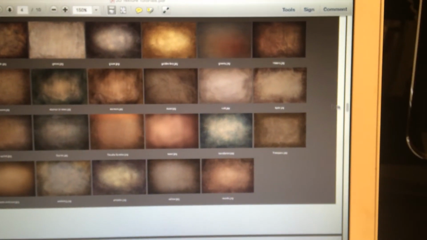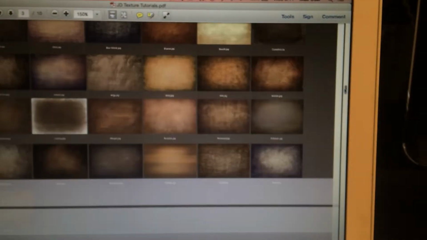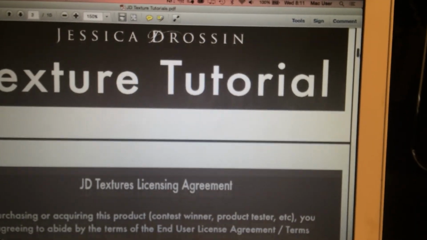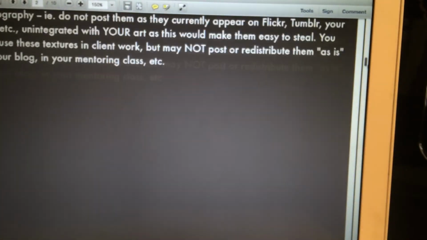So again, these textures were ones that you can purchase. They are Jessica Drawson's, and she actually even gives you a little tutorial here on how to use them in case